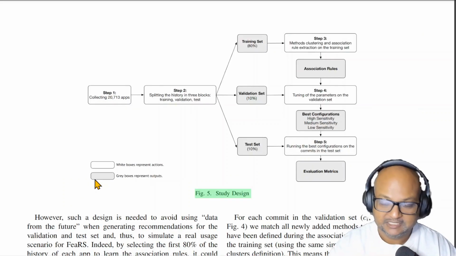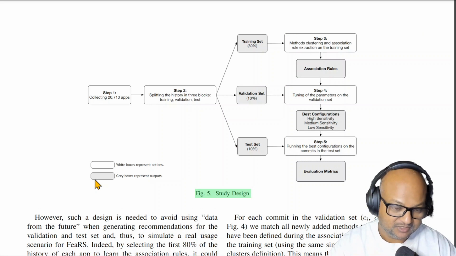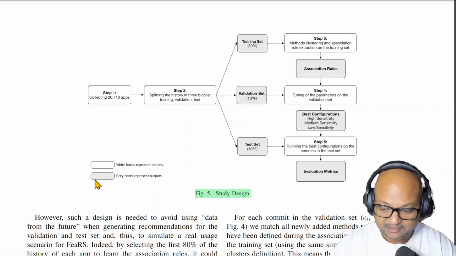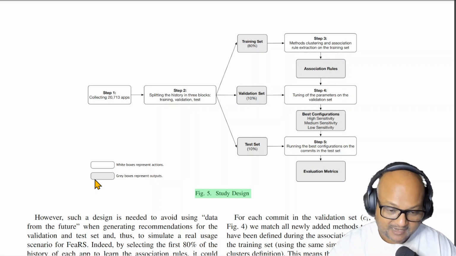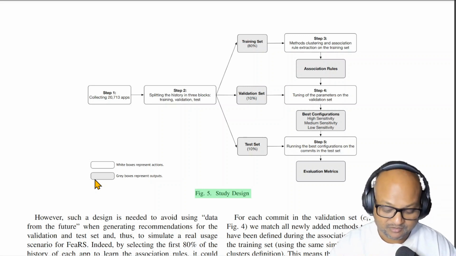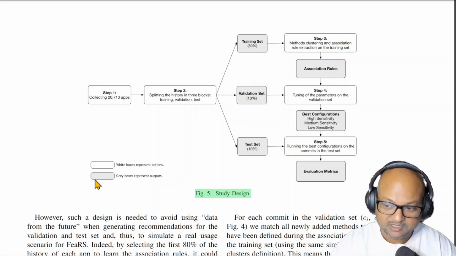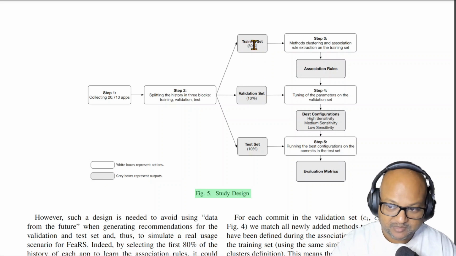So obviously the question is, how good are these recommendations? Would they actually recommend a method that the human programmer would have written next? In order to answer that, they construct this study. Now, this is still a synthetic study. They didn't actually get to use this on real human programmers, which is one of their major areas for future work. But what they do is they break their data into 3 buckets. 80% is their major training set, and then they use 10% as validation for tuning parameters. And finally, they hold back the remaining 10% as a test set. It is this test set data that they use to get the evaluation metrics.